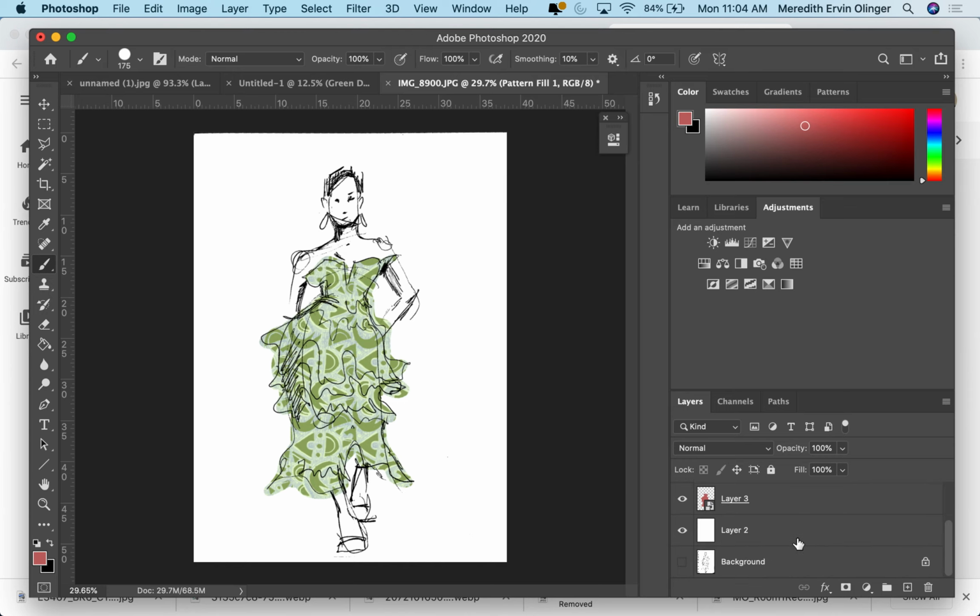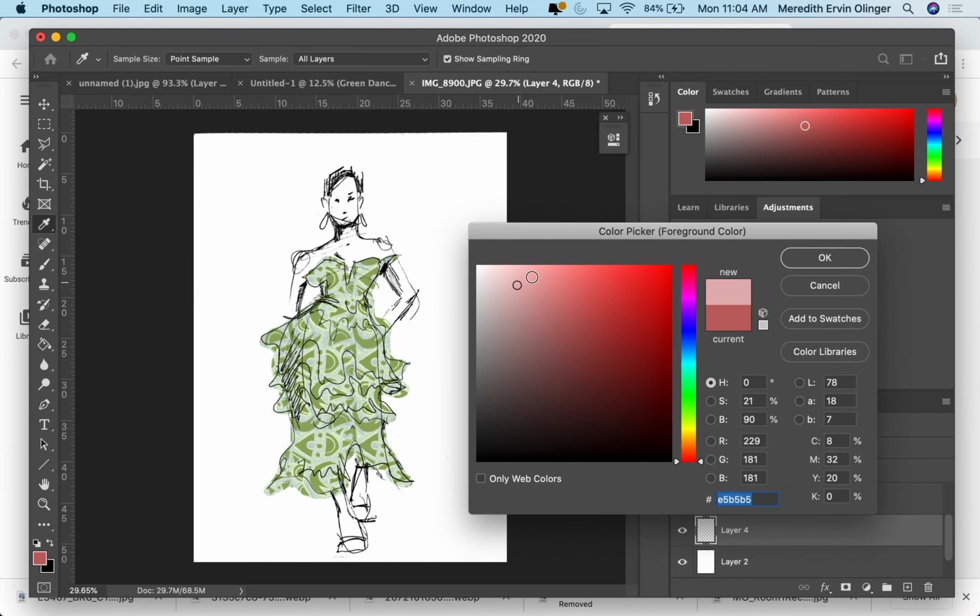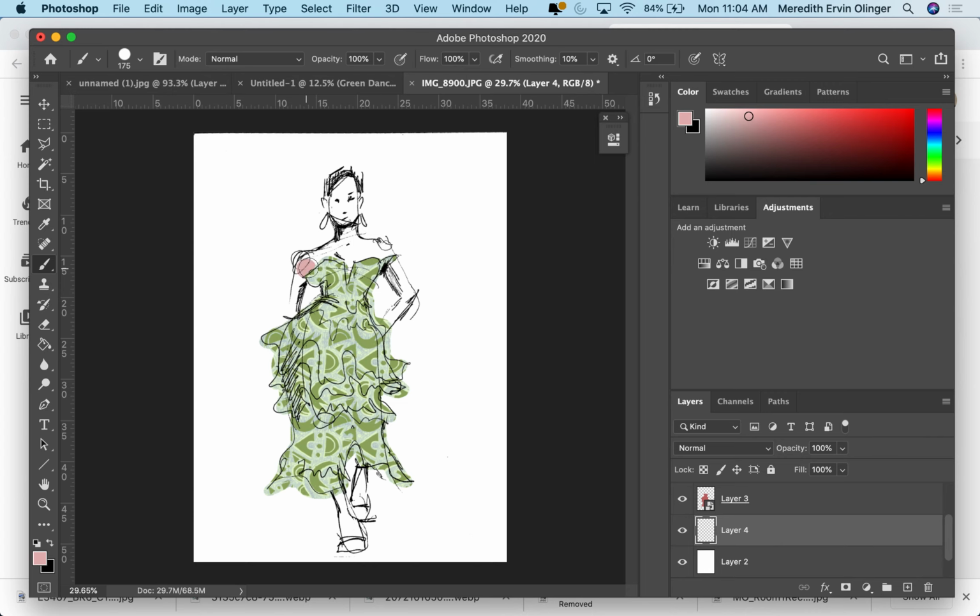Now, just like anything else, you can come in and draw. You can start working on maybe her skin tone. Obviously that's a little pink for skin, but you can now work with this how you would normally. But I have gotten a pattern and clipped it onto a